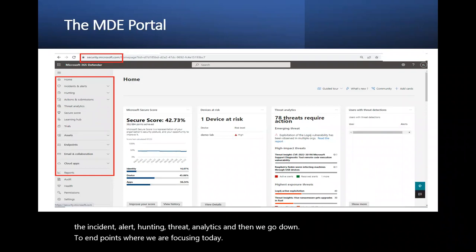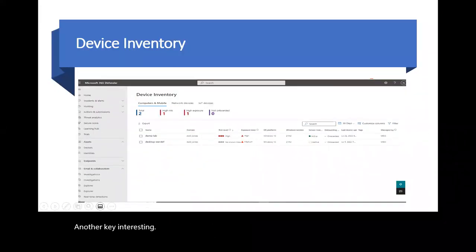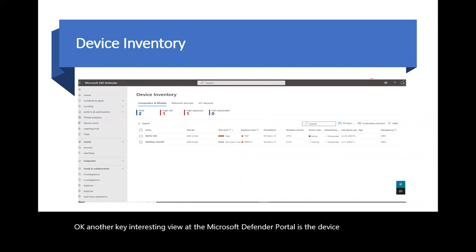Another key interesting view in the Microsoft Defender portal is the device inventory. Remember, Microsoft Defender for Endpoint, okay? Your device inventory is where you see all your endpoints that you are managing in the Defender for Endpoint portal.